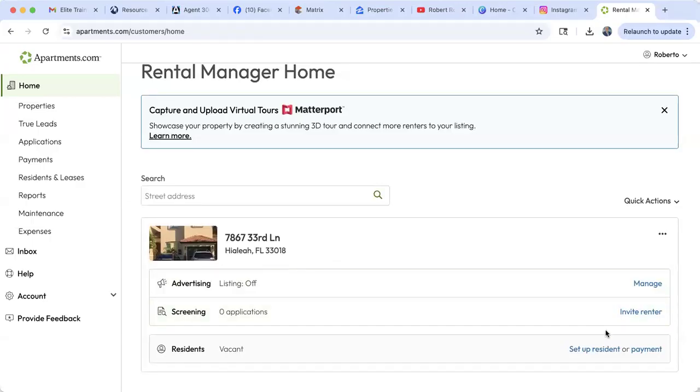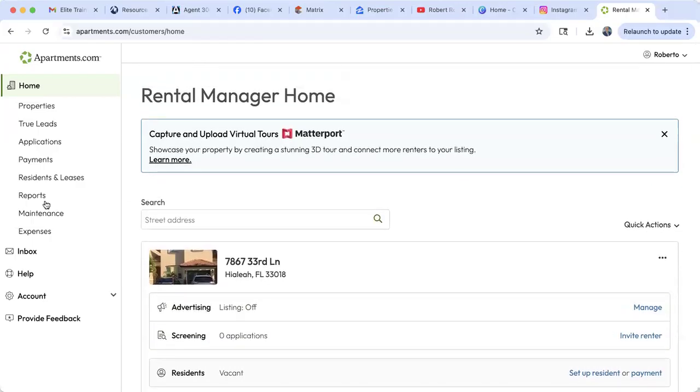I can renew this listing, and I can come up here and just add a new property. That's another area that you can load a property onto and generate some leads from. So that's how you're going to start generating some of your own leads. Now, to generate seller leads